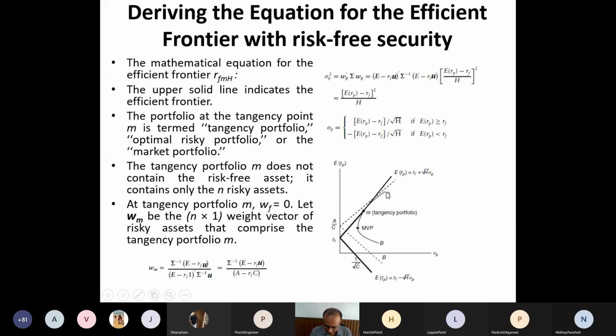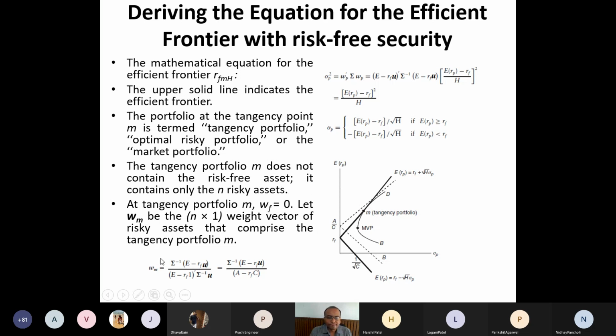And if you compare it with my old efficient portfolio, which was this curve right above this MVP point, it touches it at one point, which is M, the tangency portfolio, the market portfolio. So if you invest in the market, you get exactly the market return, and your expected return is exactly the same as the Nifty or Sensex return, right?